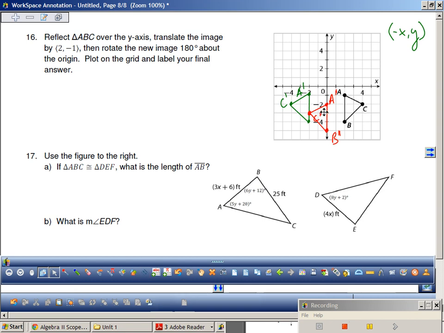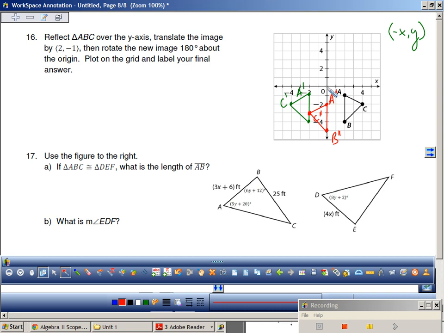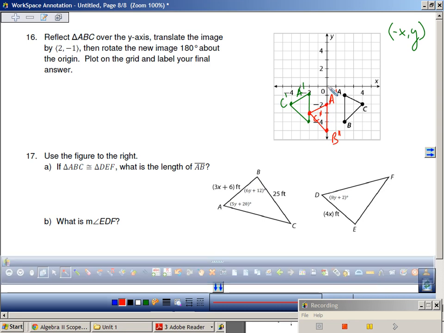Rotate it 180. 180 is on the opposite, right? Or you could pick it up and rotate it 180 with patty paper. Patty paper would be the easiest, but I don't want to confuse you guys with the patty paper that I use here. I wish I could figure out how to make it rotate from the center in this. Okay, so if I were to rotate this guy so that this is now on the opposite side of the graph,